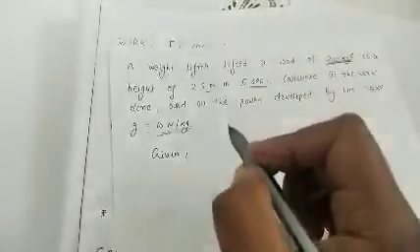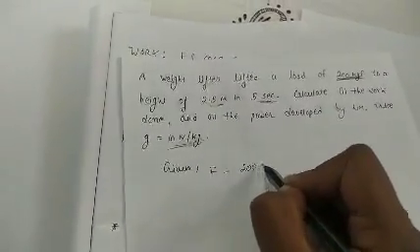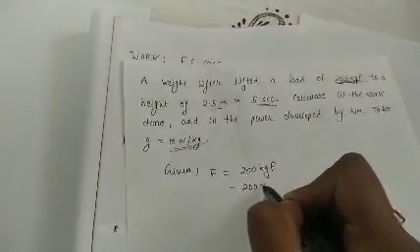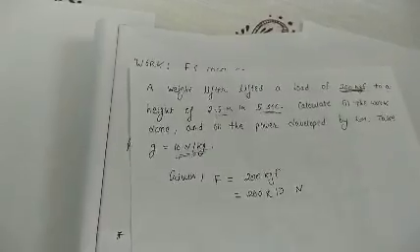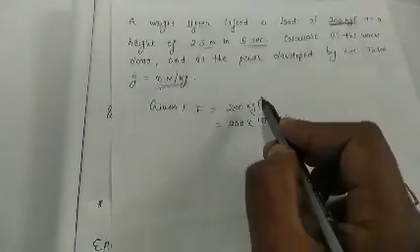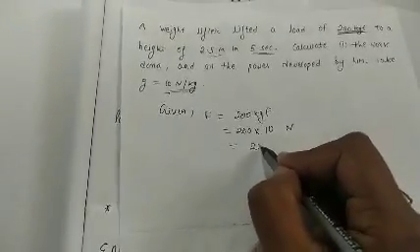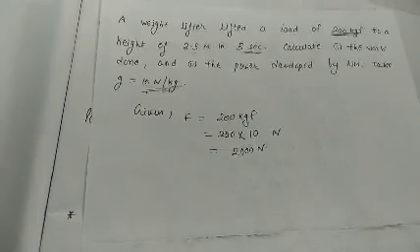Given: force equals 200 kgf, equals 200 multiplied by acceleration due to gravity. Now it will become Newton. kgf will become Newton if you multiply by acceleration due to gravity. Equals 2000 Newton. So first we write force,